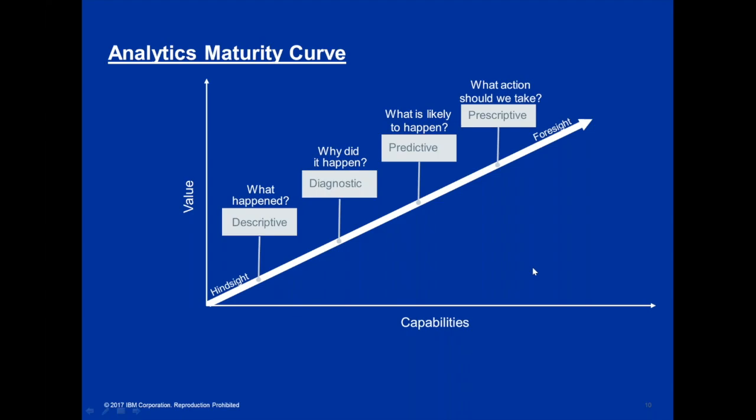That's your next stage. Now, to predict something, you want to know something has gone wrong in the past. You found out why it's gone wrong, but you want to make sure that it doesn't go wrong in the future. Or something good has happened in the past, you try to figure out what did I do right for this to happen. That's your diagnostic. And then you want to make sure that the same thing happens in the future. So you want to be able to predict your outcome in the future.